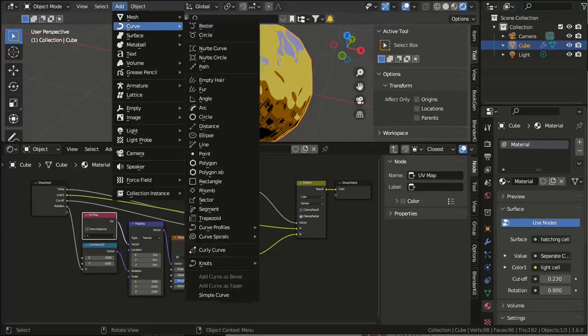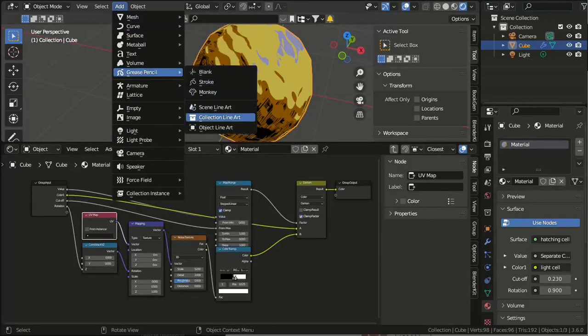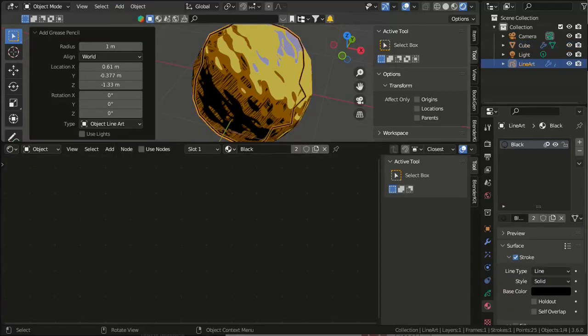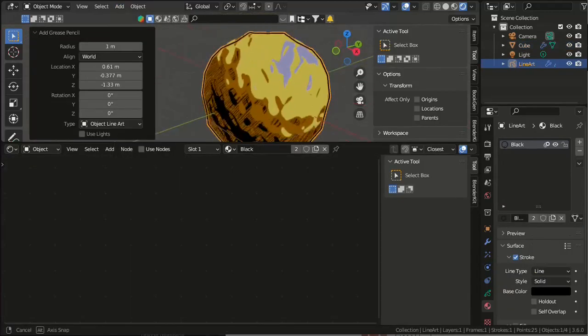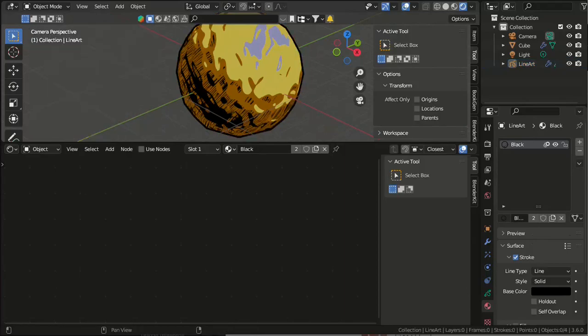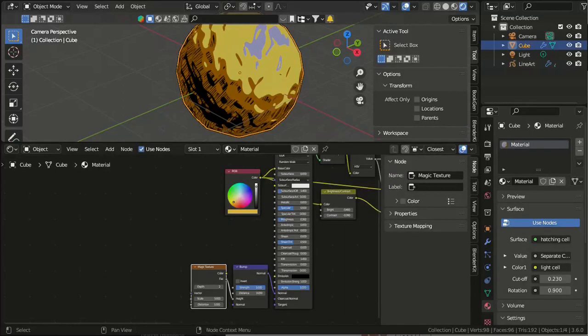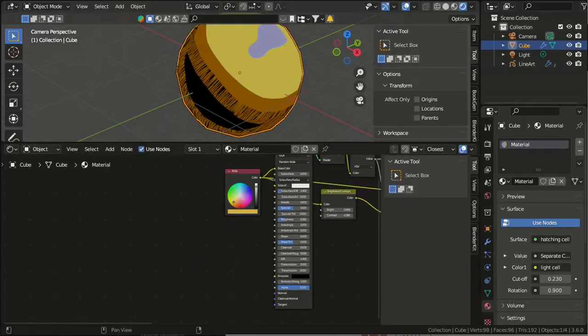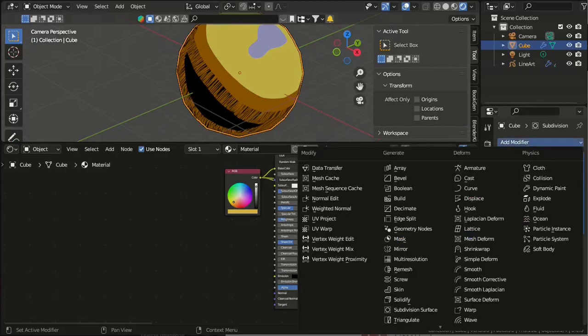Starting with the rounded cube with the cell shader and hatching, select the cube and then add a new grease pencil line art associated with an object, and this automatically adds a grease pencil object called line art with a modifier. Delete the synthetic bumps generated in the shader and then add a new modifier to the object, displacing the